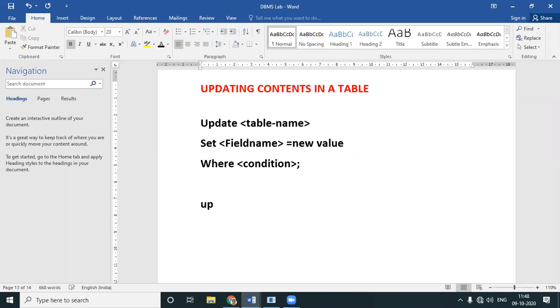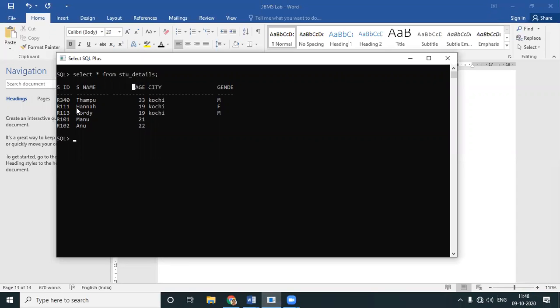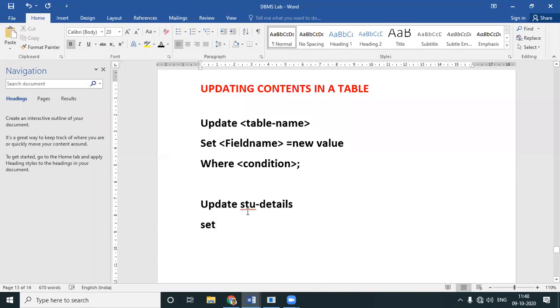Update. I'm planning to update my student table stu_details. Set. Let's say the spelling of Hannah is wrong. I want it to be H-A-N-N-A. So I'll say set s_name is equal to HANNA where s_name is equal to HANNAH.